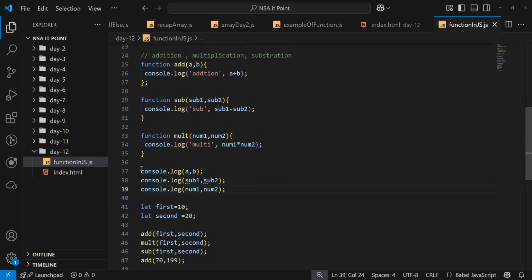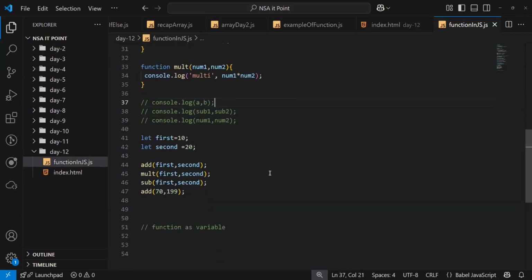It won't give you access to these variables outside these functions. You can access them only inside these functions. It's a simple thing.